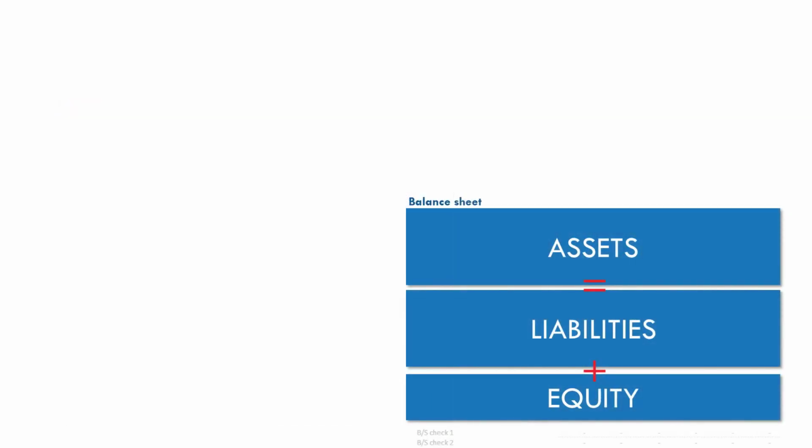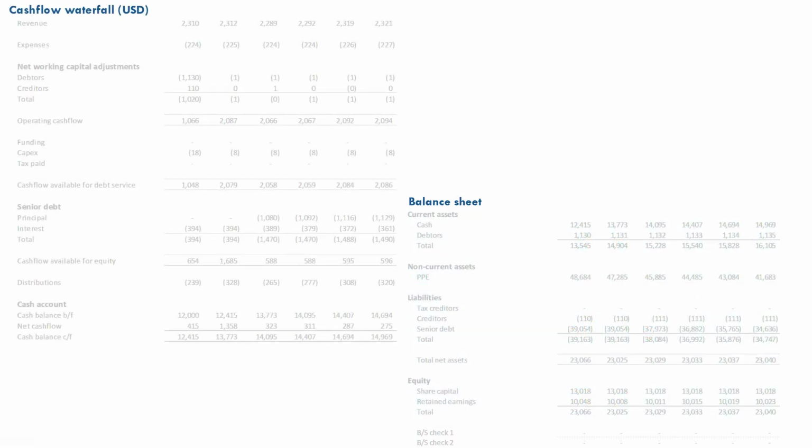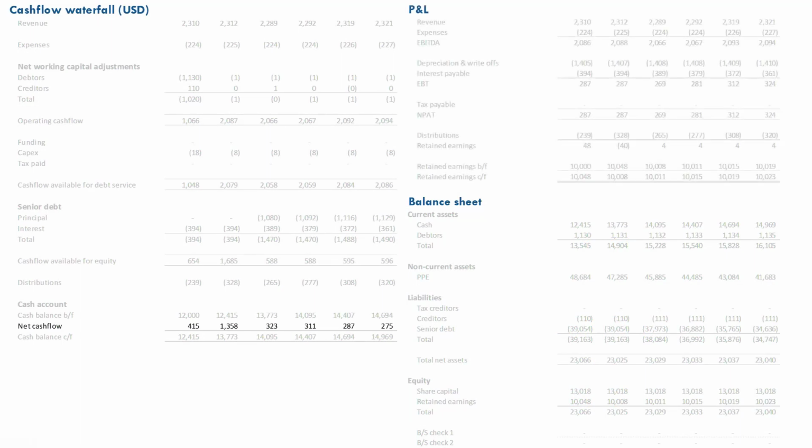Let's zoom out slightly. This is one of the 3 financial statements. The cash flow waterfall, or cash flow statement, recognizes when cash comes in or goes out the door. The P&L, or income statement, recognizes when assets or liabilities are earned or consumed. And one of the jobs of the balance sheet is to keep track of the timing difference between the 2